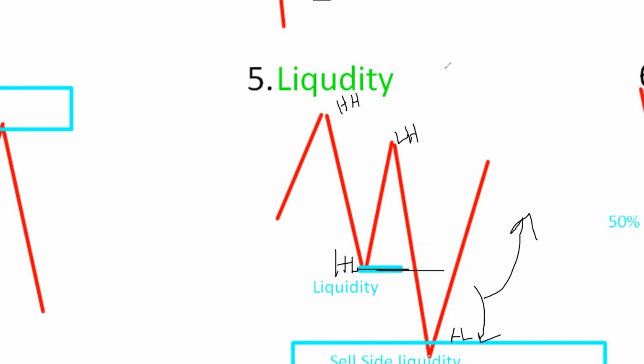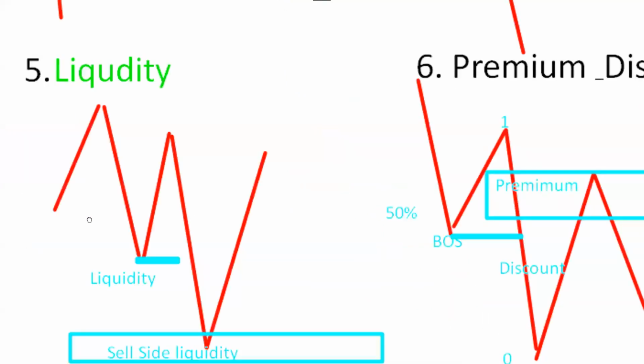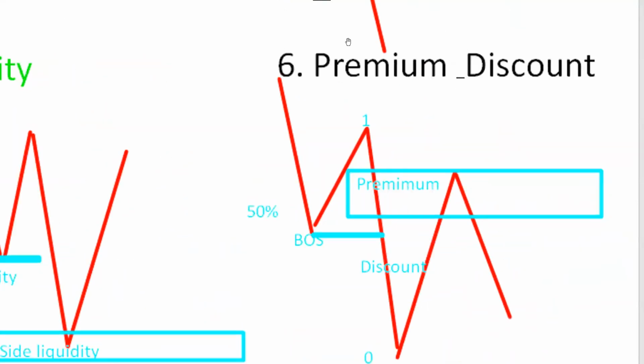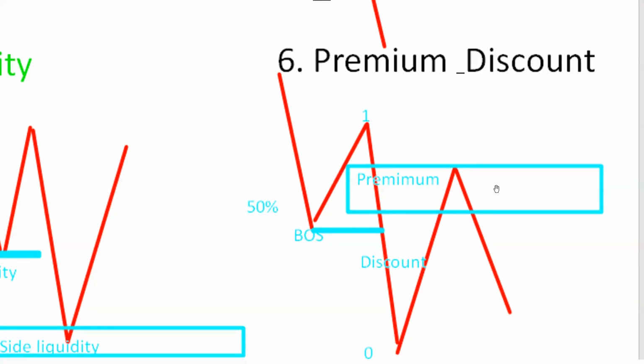Okay. And the next strategy is called premium and discount. In this premium and discount, first of all, we must know where the break of structure happens. Okay. So a lower low break of structure must be there, and the point before it a lower high. And we must check whether a new lower low has been created. Then we will enter at the premium level and make an entry. So these are the things we have in this